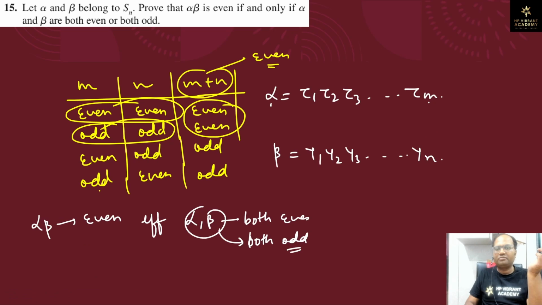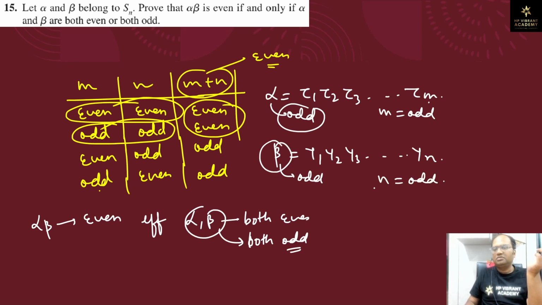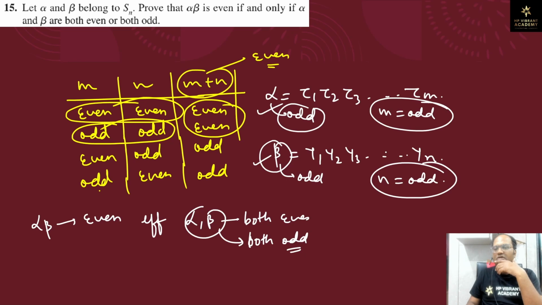देखो अब अल्फा को हमने क्या किया, ऑड ले लिया, और बीटा को भी ऑड ले लिया, तो परमुटेशन हमारा क्या है, ऑड है, इसका मतलब नंबर ऑफ ट्रांसपोजिशन भी ऑड होगा, तो एम क्या हो गया, ऑड हो गया। ठीक है, बीटा क्या है, ऑड परमुटेशन, इसका मतलब एन भी ऑड होगा। समझ में आ रहा है? तो अल्फा और बीटा दोनों ऑड लिए, तो एम की वैल्यू भी ऑड आ गई और एन की वैल्यू भी ऑड आ गई, तो ये वाला कंडीशन सेटिस्फाई हो गया।